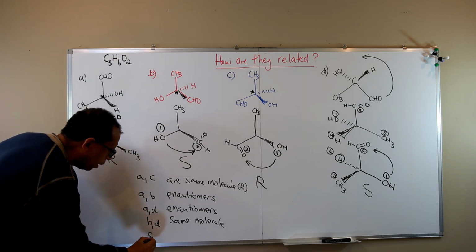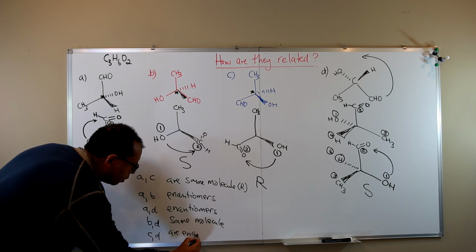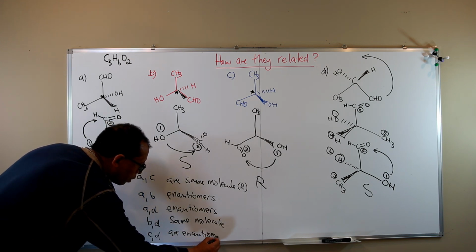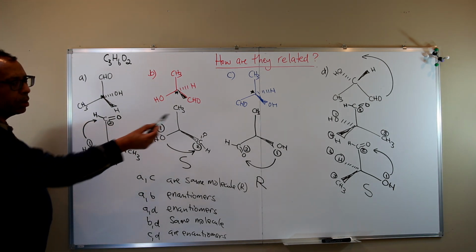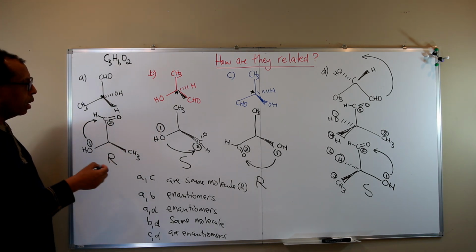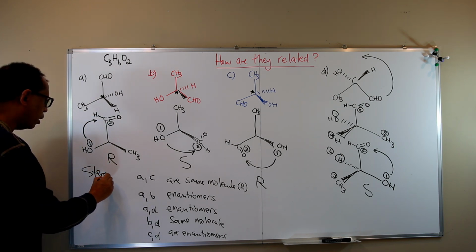C and D are enantiomers. So you can establish a lot of relationships, but this is how they are related when you see them as stereoisomers. So all of these are stereoisomers,